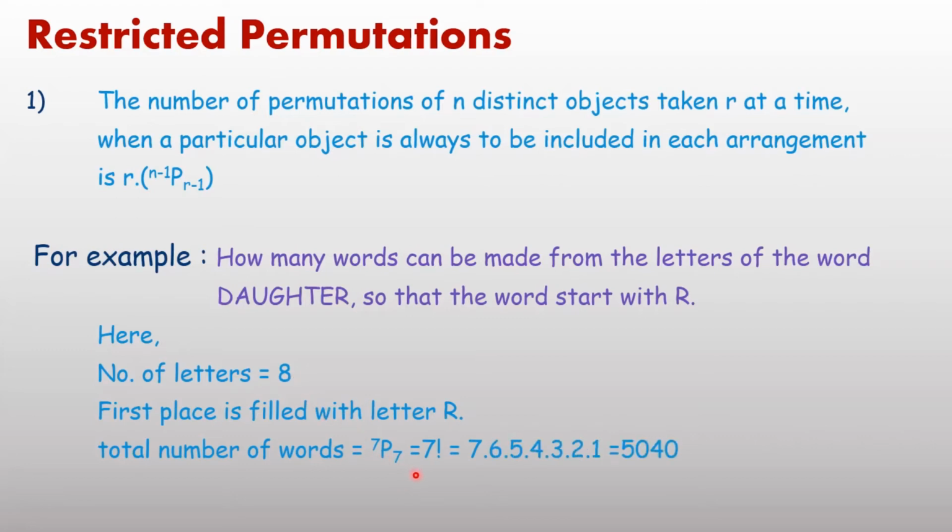7P7. In the same problem, if the value of r is asked as 8, you are going to take all letters. Therefore, one less, (n minus 1)P(n minus 1), same. In place of 7, if asked to form a 4-letter word, with the fixed letter always included, then it will change.